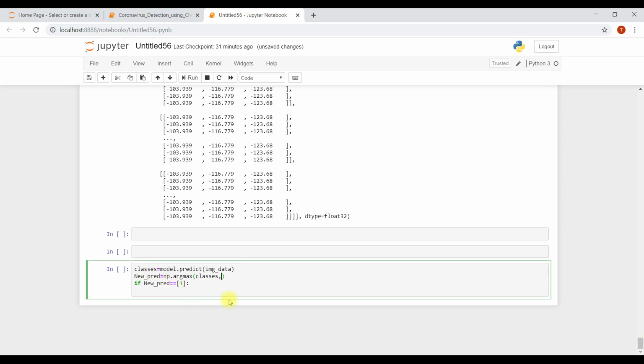So which is maximum? Normal, so it's going to show normal. So numpy argmax gives which index is maximum.